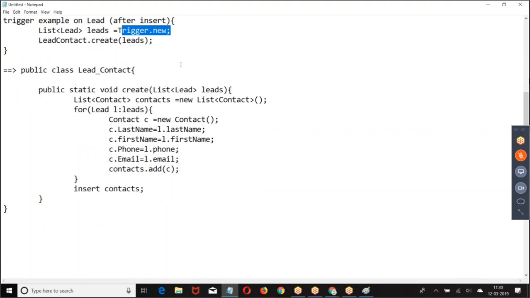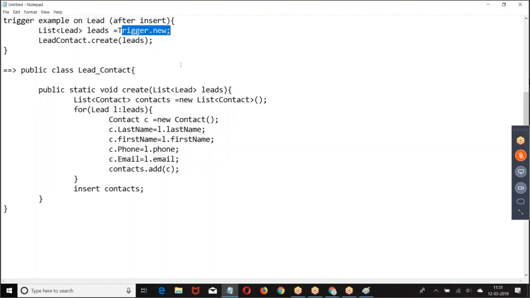Right, boss. Then let us go to the next concept. Now I want to share the record. People are good with this example? After the record is created successfully, you want to perform some logic.